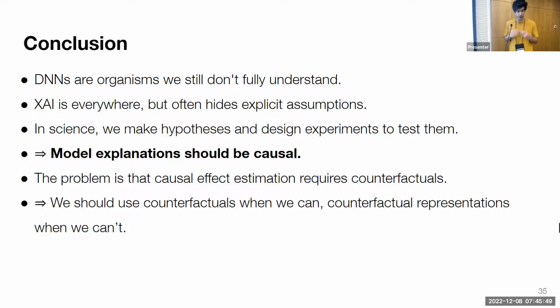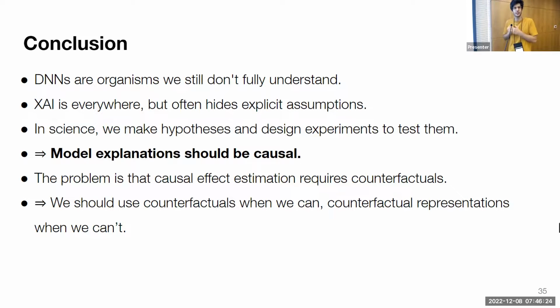All right, so to conclude the part on explainability, deep neural networks: we can think about them, as a mental thought experiment, not a real thing, as functions, but we can also think about them as organisms that we still don't fully understand. We're using them, we're training them, but we don't know the exact specifics of why they're making specific predictions. Because this is a recognized problem, explainable AI is everywhere. It's a huge field, still growing in NLP and outside, but it adds a lot of explicit assumptions about what is driving, what is confounding the type of information that we're seeing in the model.